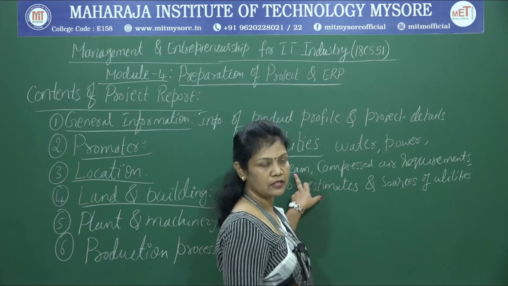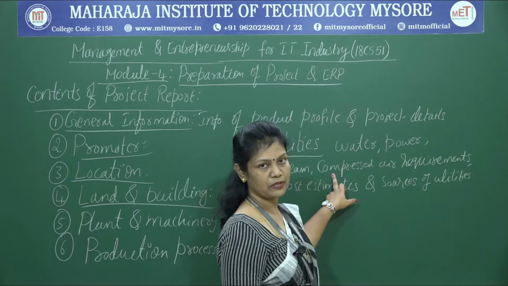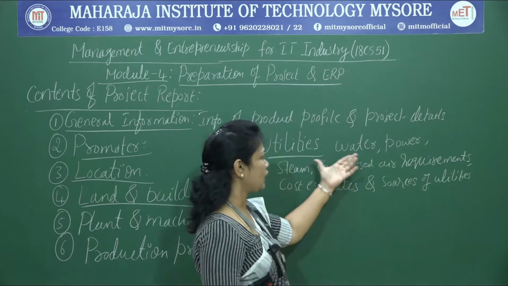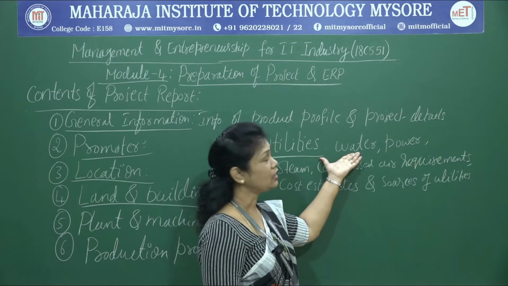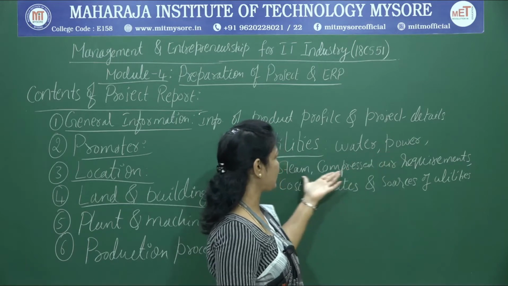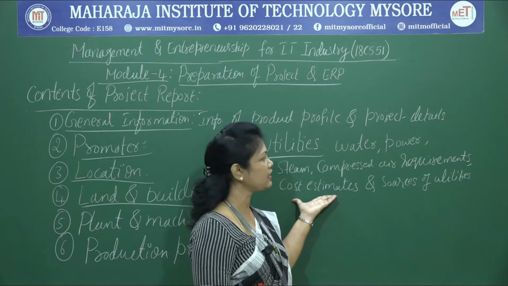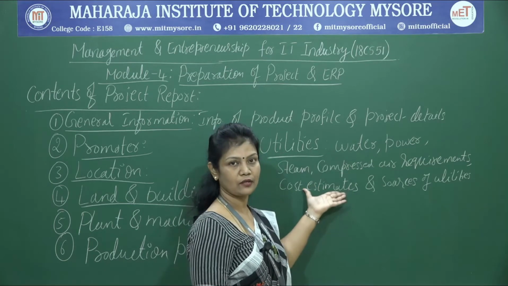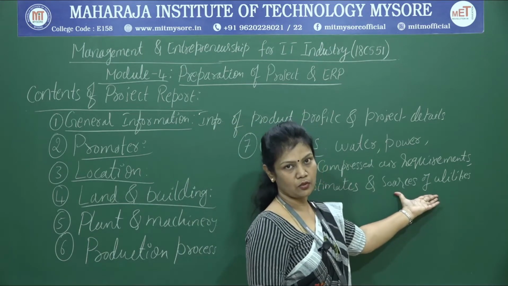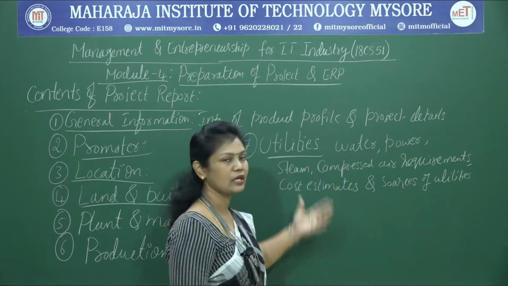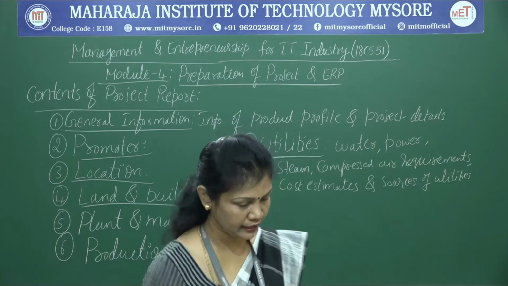If they are in need of any kind of steam or compressed air requirements, they need to specify all this information along with the estimate of the cost required in order to get the water or power supply or steam or compressed air requirements. They have to estimate how much cost they are in need of in order to have all these facilities for their plant, and also from which particular source they are obtaining all these requirements they need in order to run their business. So next is